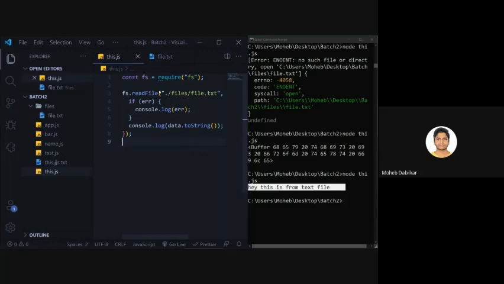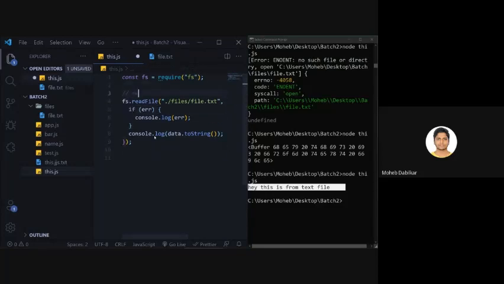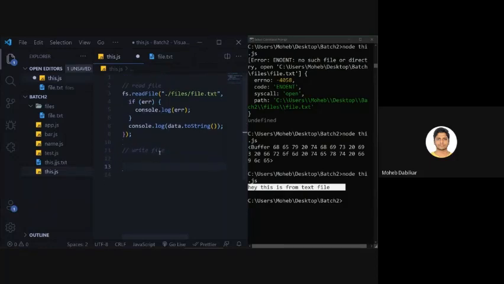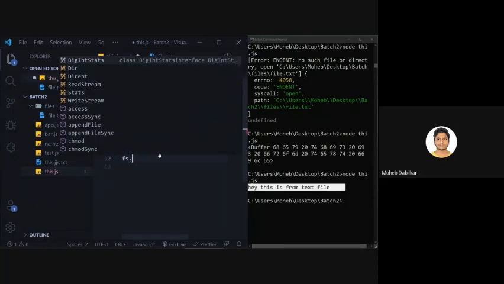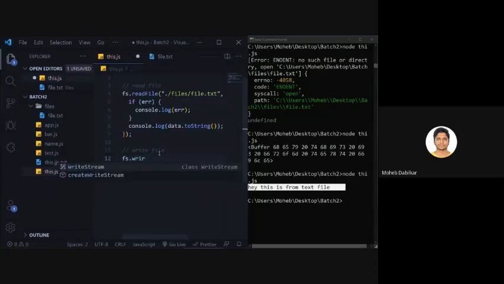Okay, so now let's talk about writing files. Under read file, we will console log write file. So now what we will say is fs.writeFile.